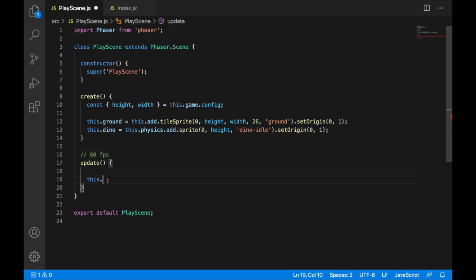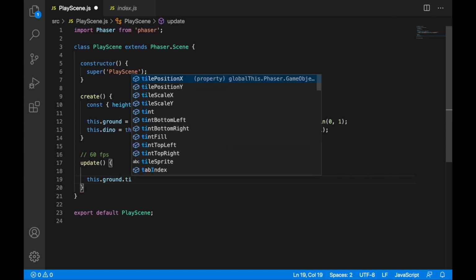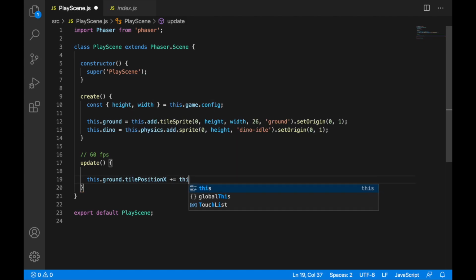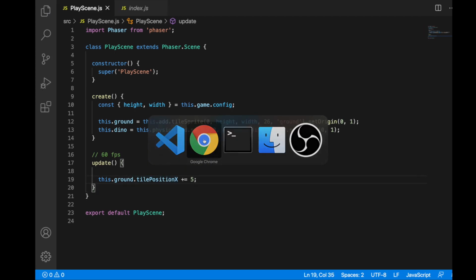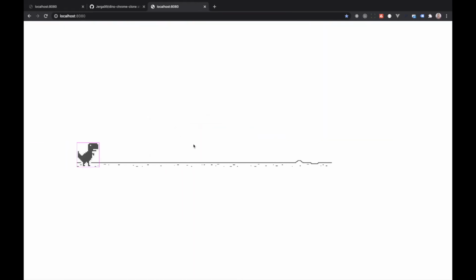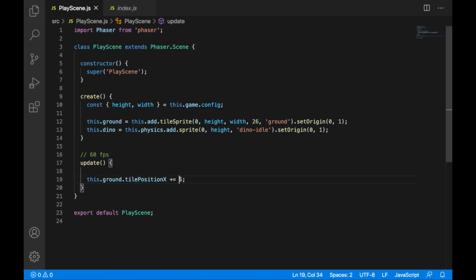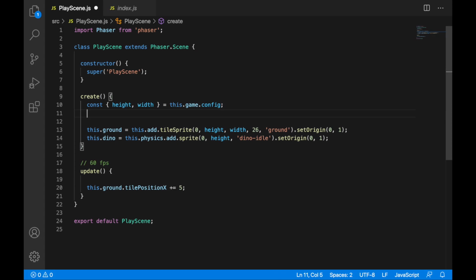In every call of the update, we would like to access the ground image and provide tile position x plus equals some number, let's say 5 pixels. So on every update, the tile position of the ground will move 5 pixels. This will create this illusion. We would like to extract this 5, which is basically pixels, to a separate variable up here. I'll call it,